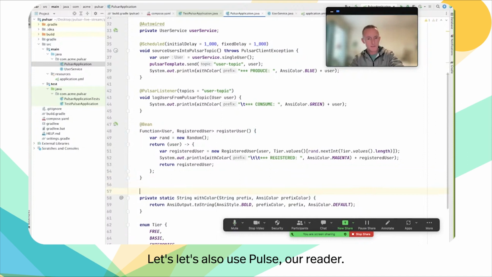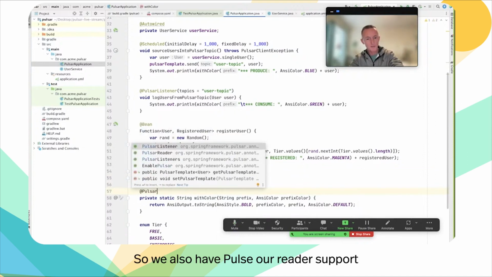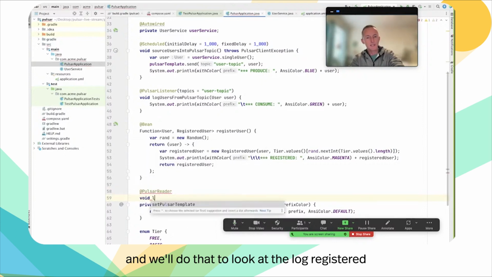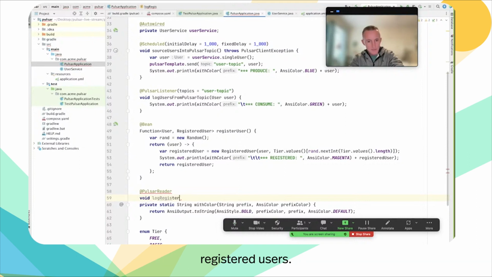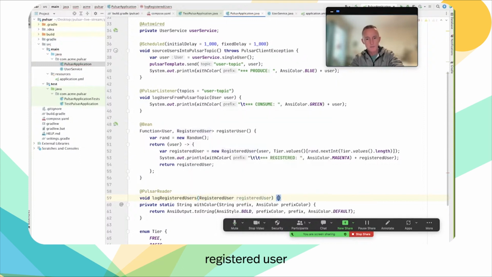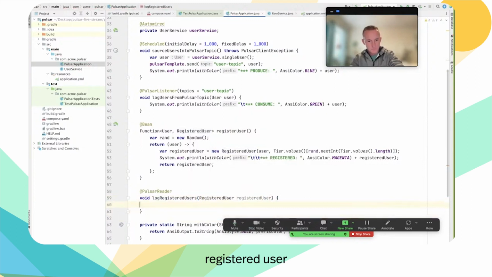One more piece. Let's also use Pulsar Reader. So we also have Pulsar Reader support, and we'll do that to look at the log registered users. And so what we'll have here is a registered user, and similar to above, we'll say with color, we'll say 1, 2, 3, reg user consume,